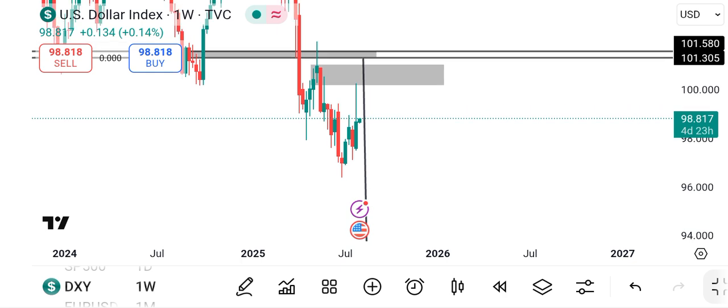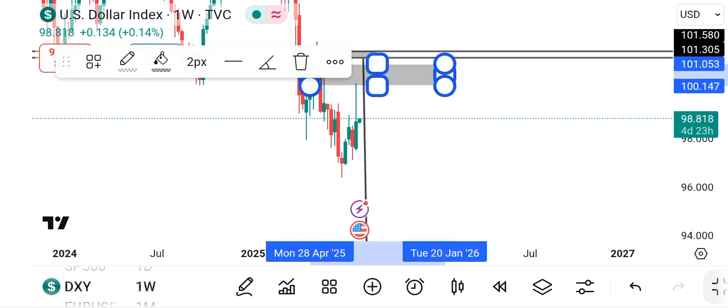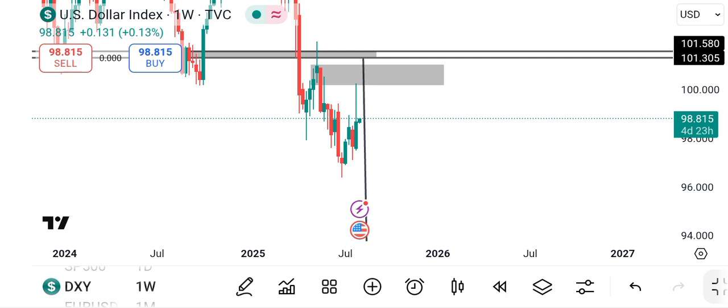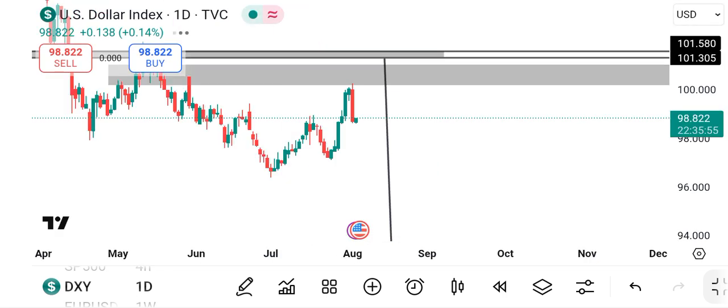So now I've gotten my information. I've gotten that there's a supply zone here which the market has initially tapped into, but not properly. There's what we call proper testing and improper testing. I classify this as improper testing because there was no stop loss run, there was no liquidity sweep when it tapped in. So what I will be expecting this DXY to do next,